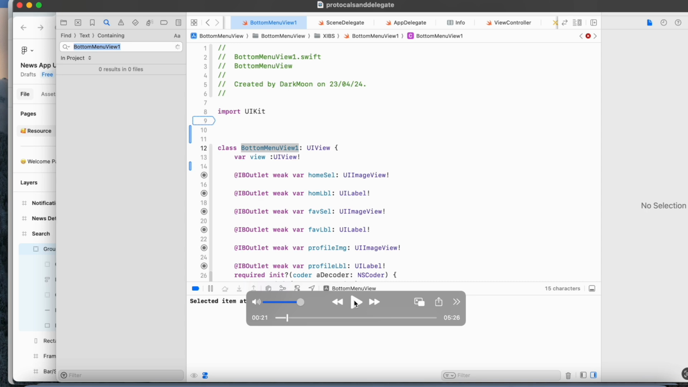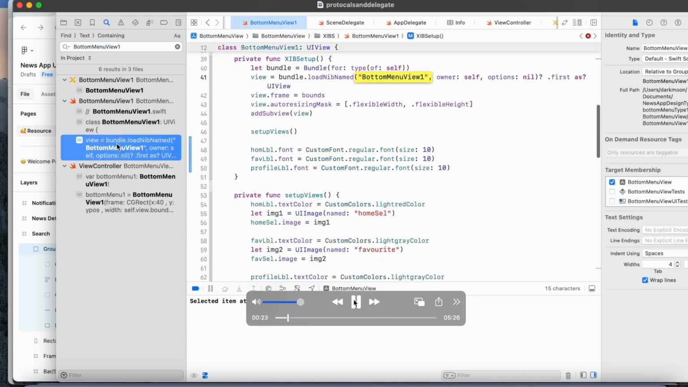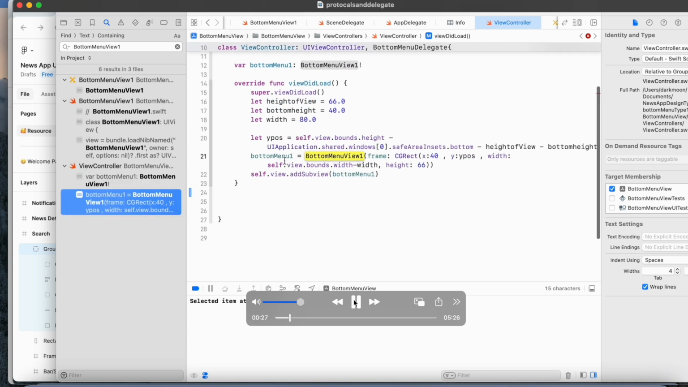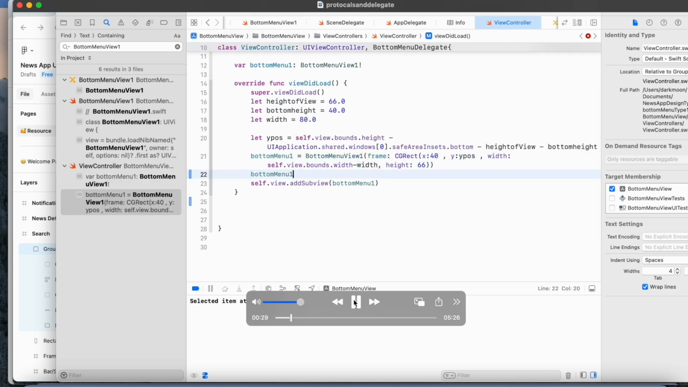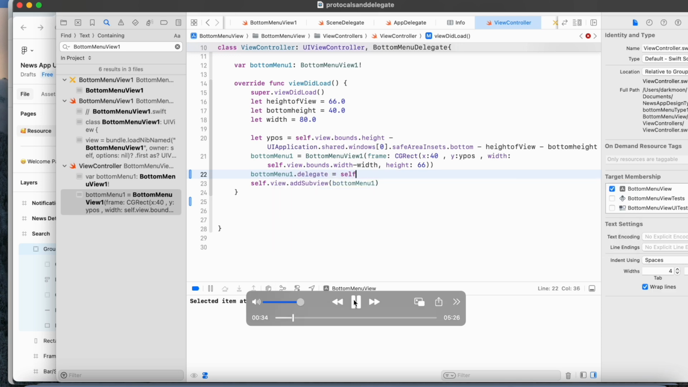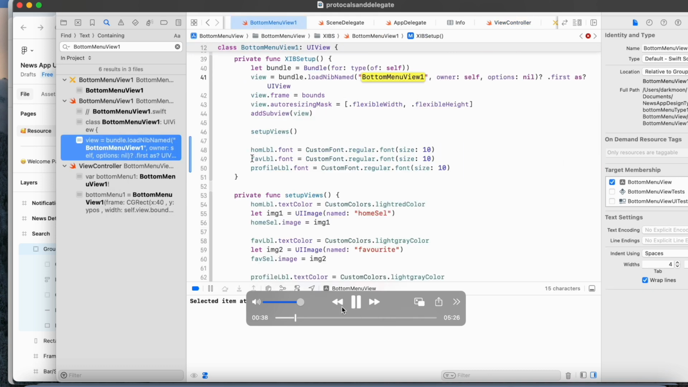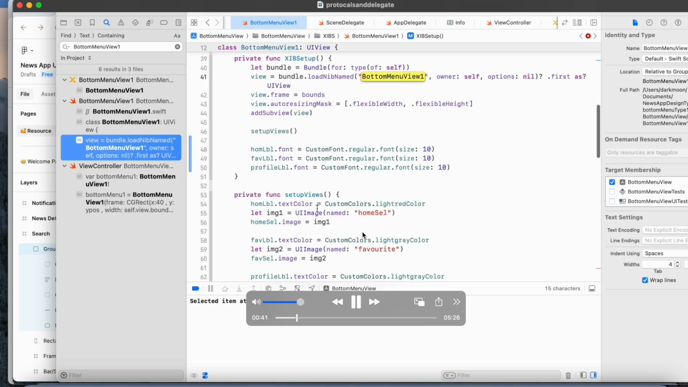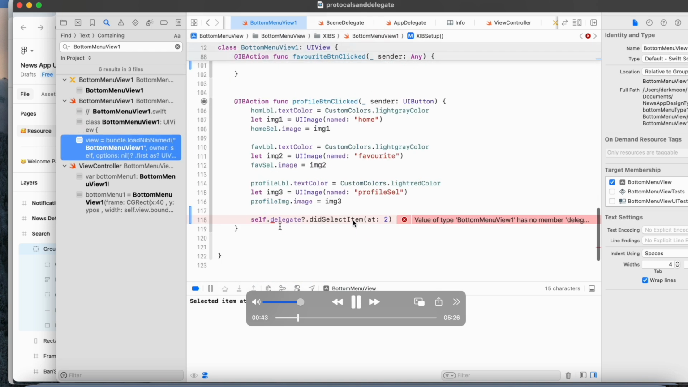Here I will be creating the delegate, dot delegate equal to self. This delegate which we will be creating in the bottom menu, see, I will be mentioning the delegate as weak here. This delegate, see,